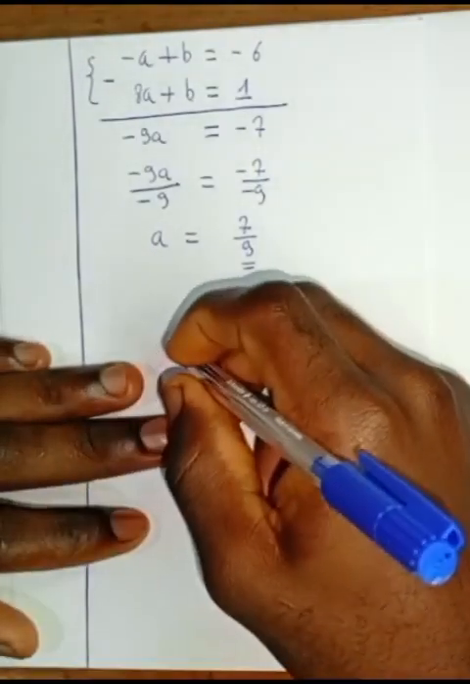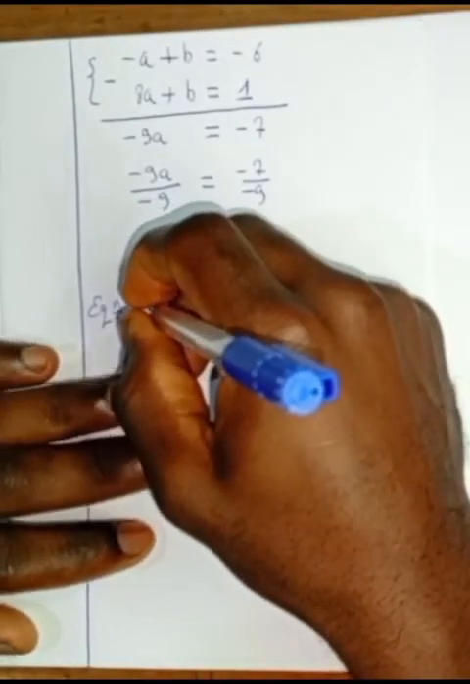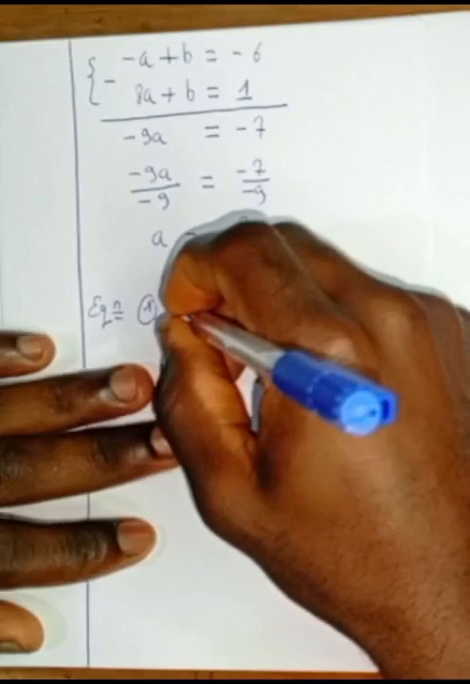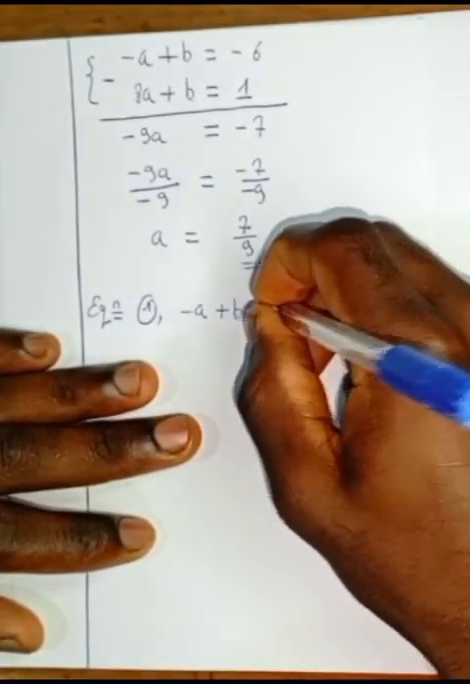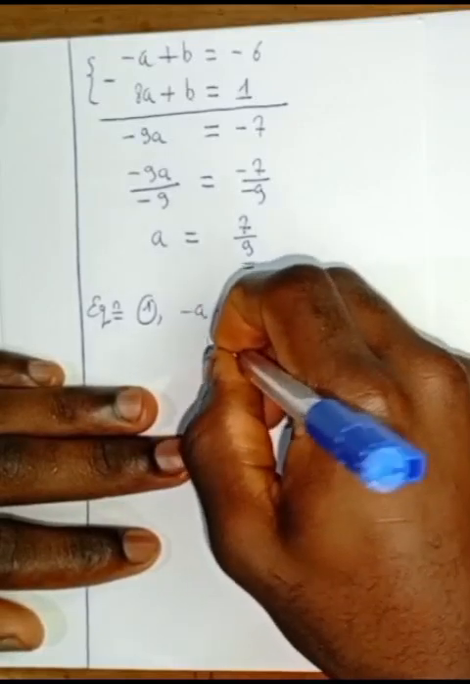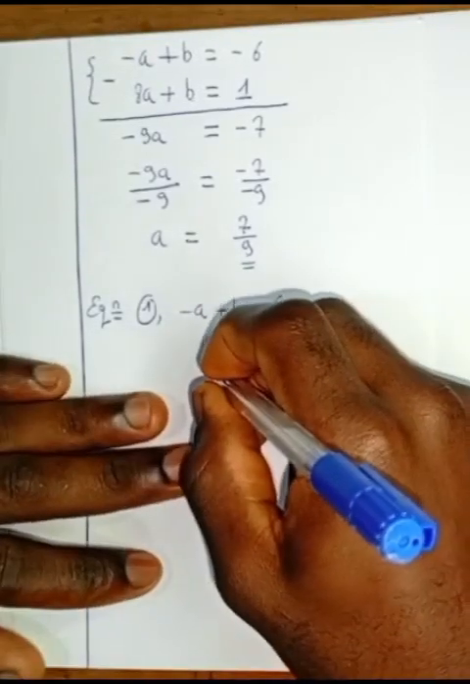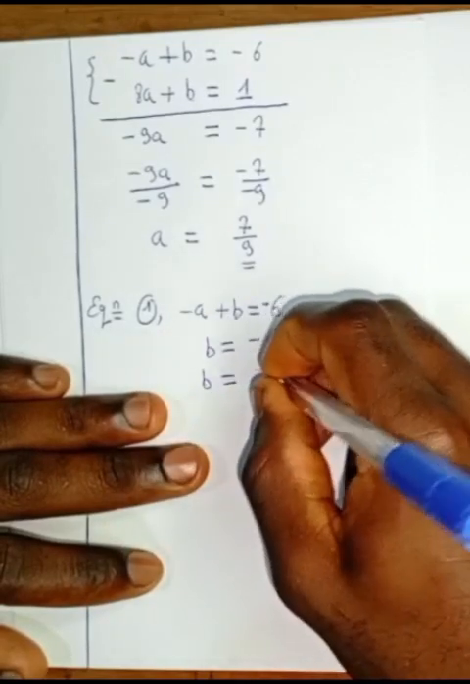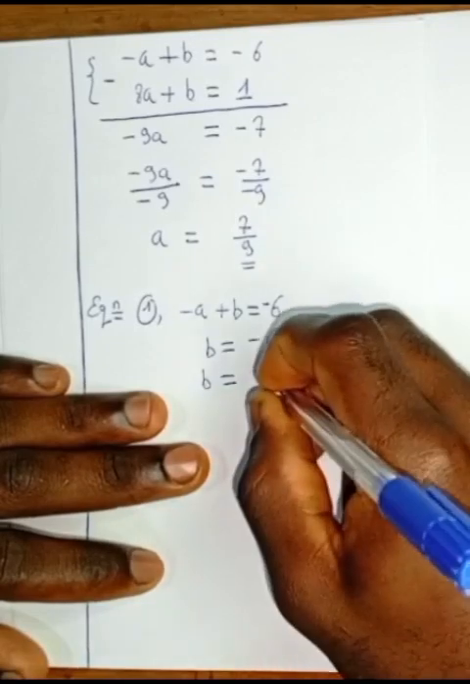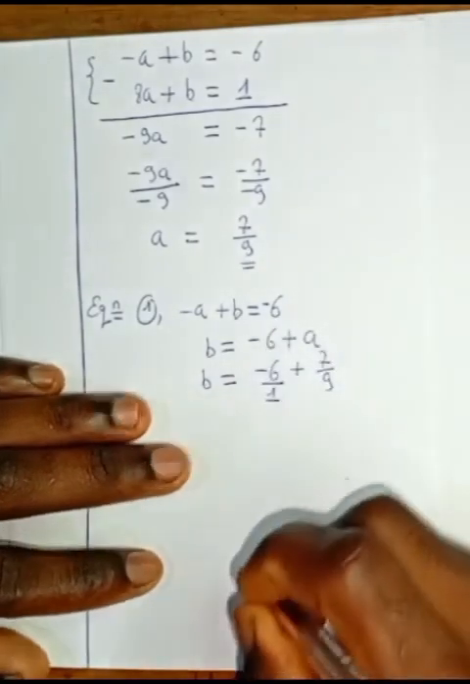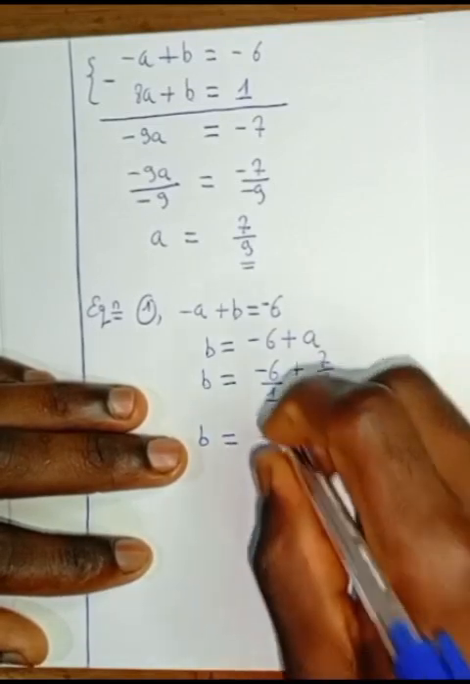Knowing the value of a, we can find b. If we make use of equation 1, we have negative a plus b is equal to negative 6. To make b the subject of the formula, b will be equal to negative 6 plus a. So this will give us b to be equal to negative 6 plus 7 over 9. You can write negative 6 as negative 6 over 1. So this will give us b to be equal to, if we find the LCM of 1 and 9,